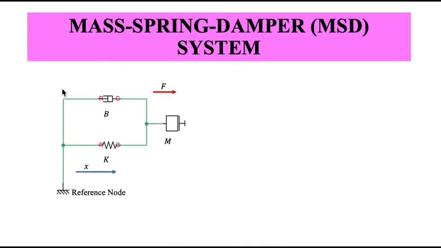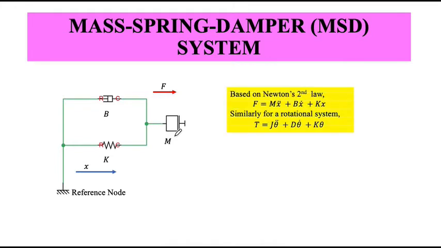Start with the circuit, right? Based on previous steps which we listed, I can easily write down the force exerted on this mass spring damper system: M times the double differentiation of displacement, plus B times the single differentiation of displacement, plus K times displacement. It has a mass, a damper as a dissipative element, and a spring with constant K. Similarly, for rotational motion, I can write down the equivalent.